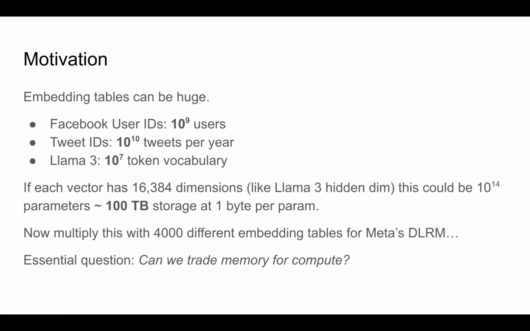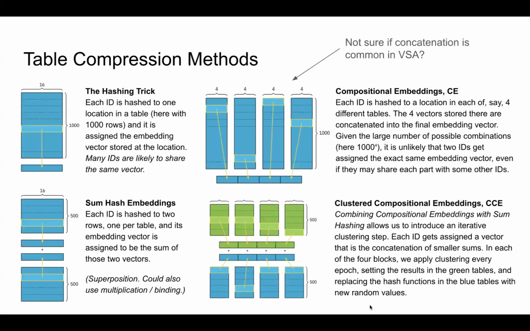Maybe we are okay with using more processing time if we can use less space. So that's what we wanted to look into. These are the three previously known methods, and how they relate to our method. The most basic method that many of you are probably already thinking about is the hashing trick,